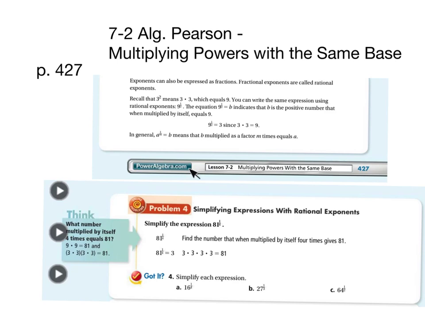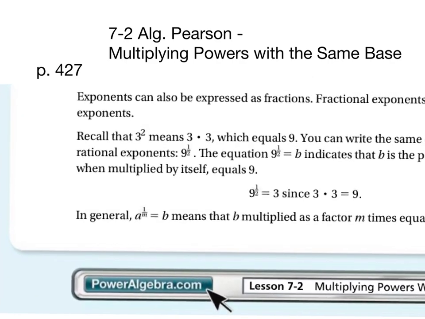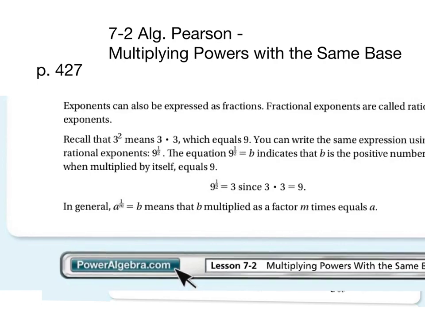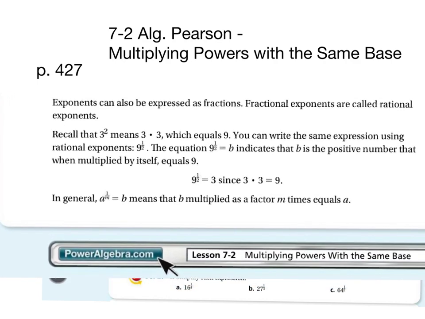Page 427, lesson 7.2 is on multiplying powers with the same base. So again, continuing this lesson. The bottom of 427 talks about how exponents can also be fractions, and fractional exponents are called rational